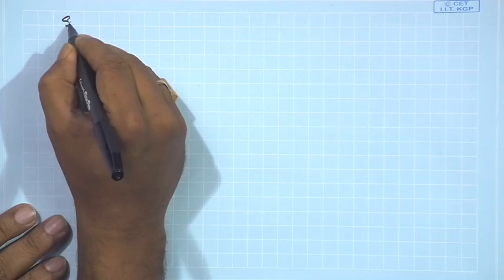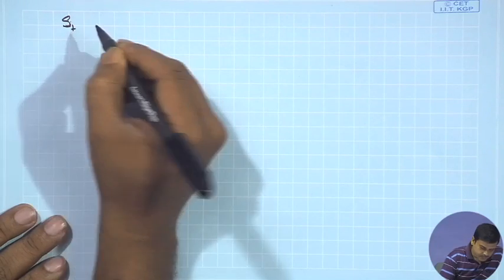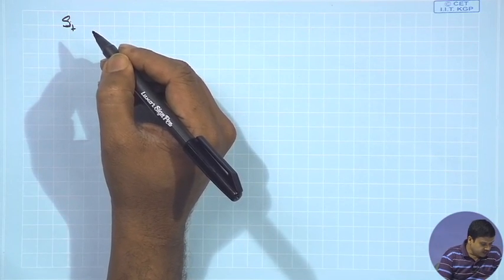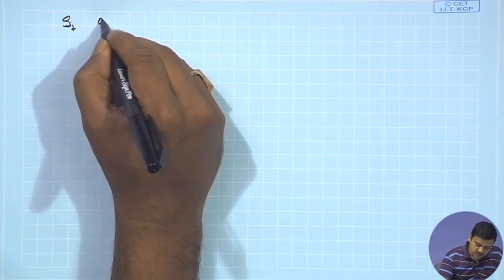It is a phase rotation, you can say. So, what we now have with us is this S plus of t. S plus of t is also called the analytical signal,